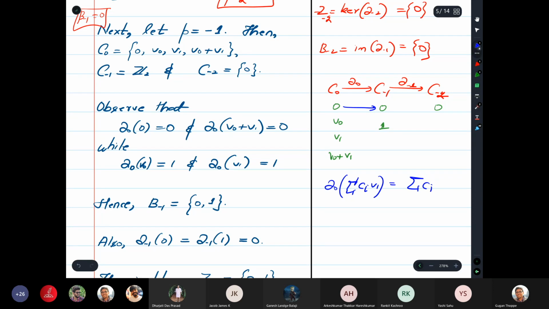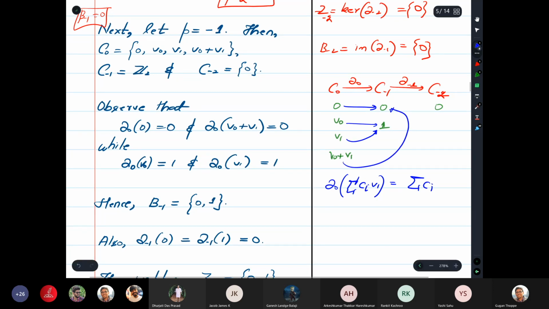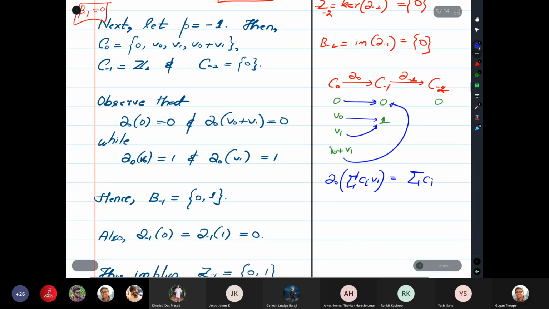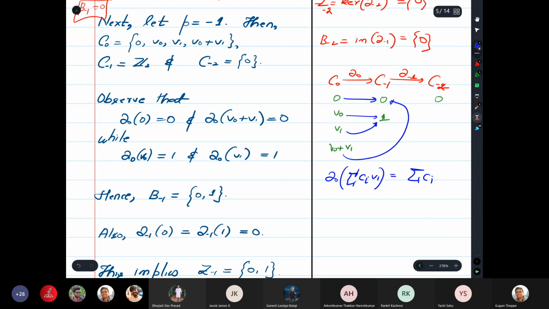So from that you should be able to figure out that 0 gets mapped to 0, V0 gets mapped to 1, V1 gets mapped to 1, but V0 plus V1 also gets mapped to 0. Okay, so this is how we define it. And one can also see that 0 gets mapped to 0 under this operator, right? So from this operation it should be clear that